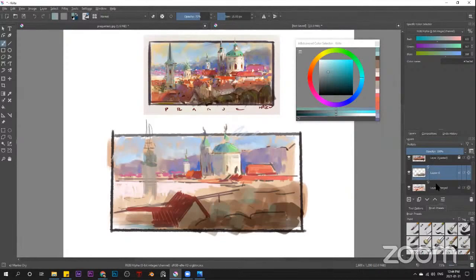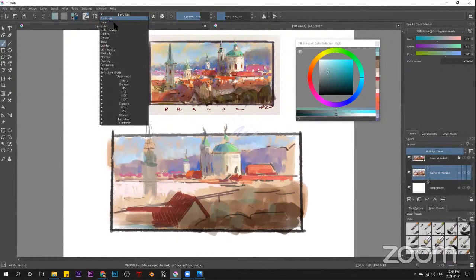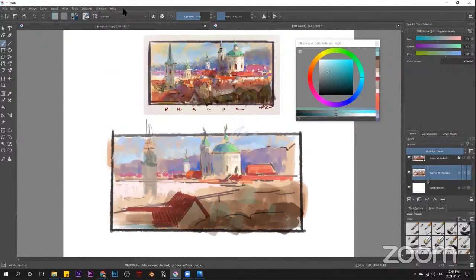By the way, once I'm done, I'll merge this. I'll just select the two layers, Command E or Control E, to merge them. You can also set brushes to multiply. That was a layer, but if I want this brush to be multiply, I can do it up here. Click normal, click multiply, and now my brush is set to multiply mode, and I'm still working on one layer. So this is a handy little feature. Again, every software will have the ability to make layers that are on different modes like multiply, and make brushes that go to different modes. So I'm on my multiply mode,